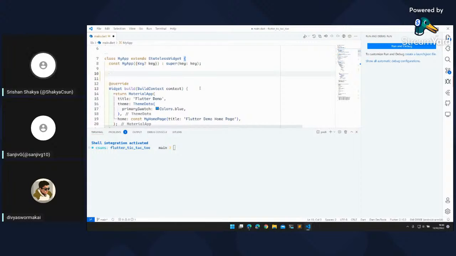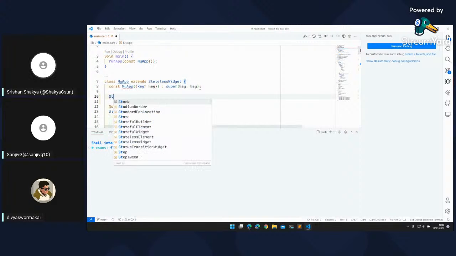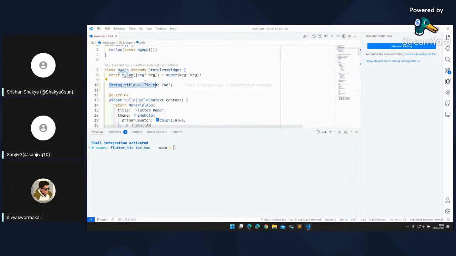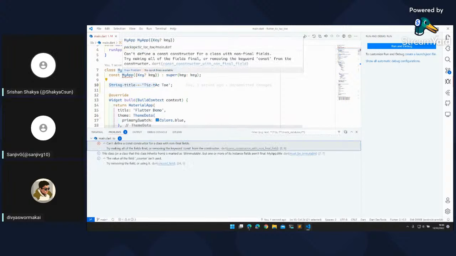So if I try and say there's a string title in this Flutter widget, I think that's Tic Tac Toe, then first it won't let me create this string as there is a red underline. Red means it won't compile.